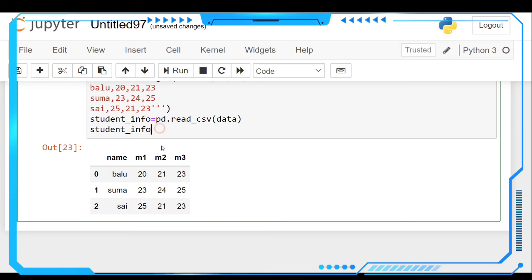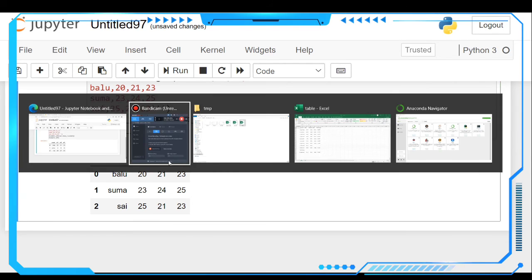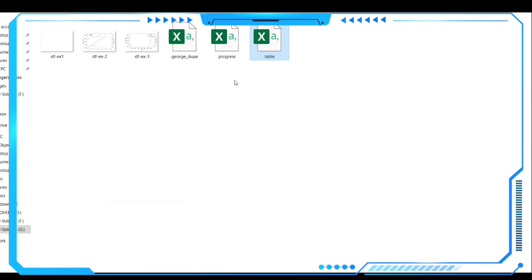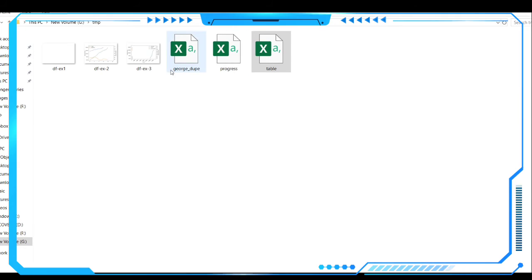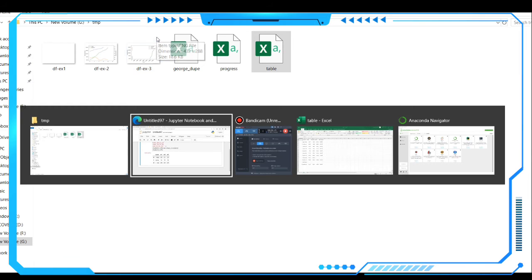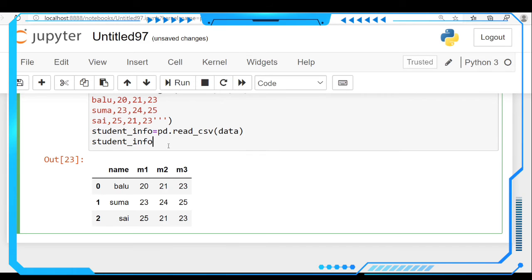And how are we going to get this info as a file in the desired location? See here, I want to get this data into this file location. I'm going to copy this file location here, and coming here, we have to write a statement like to_csv.